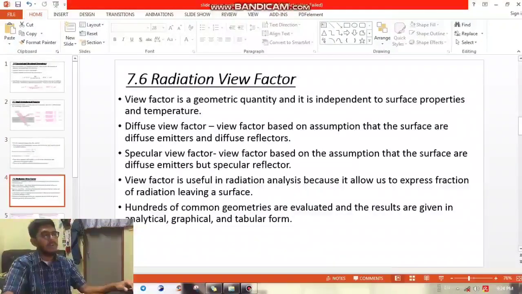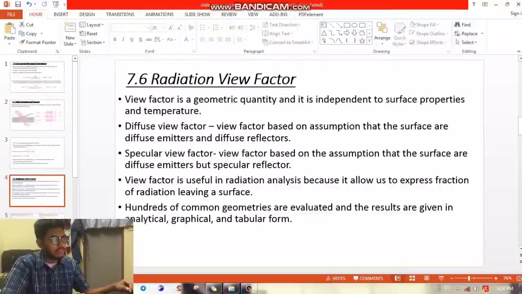Okay, next I will explain about radiation view factor. View factor is a geometric quantity and it is independent of surface properties and temperature. So it has two types, which are diffuse view factor and specular view factor. Okay, diffuse view factor is view factor that is based on the assumption that the surfaces are diffuse emitters